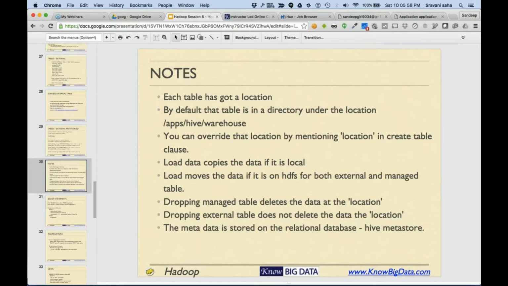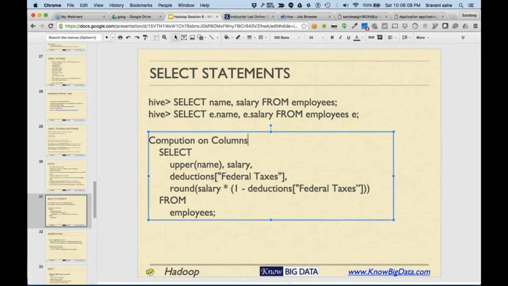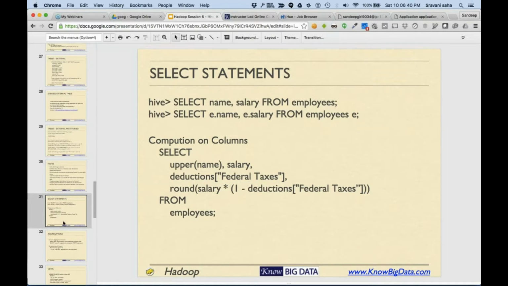The metastore is maintained on a relational database, and that's called the Hive metastore. Okay, so it provides you a great select statement, usual SQL queries. So you can have, say, a function call. If you have a column which is basically a map, you can query the map as well, because as we talked about earlier, the data type could be a map. You could also do mathematical operations as well, and you can combine function calls, mathematical operations, and the complex data types.